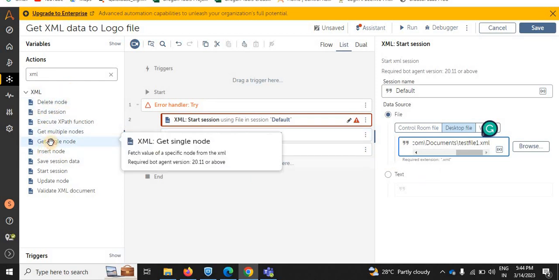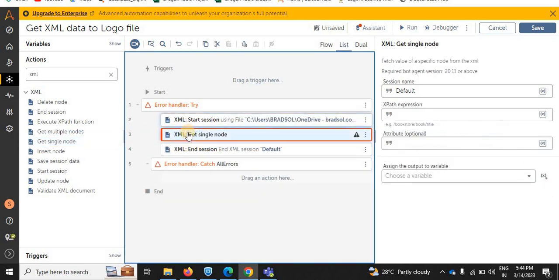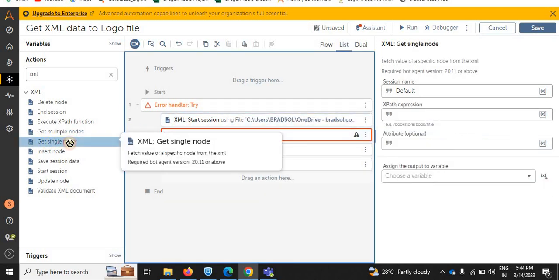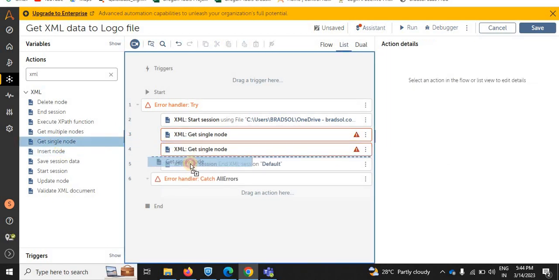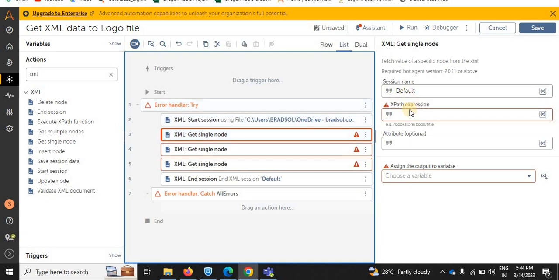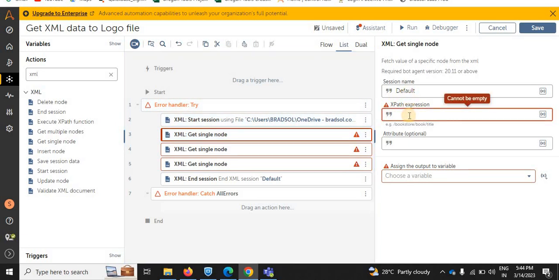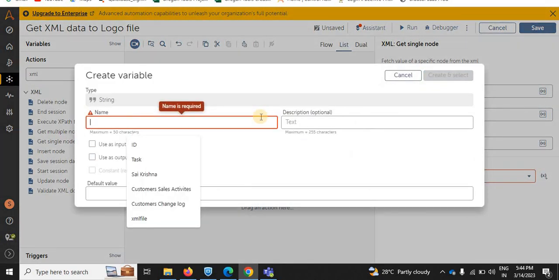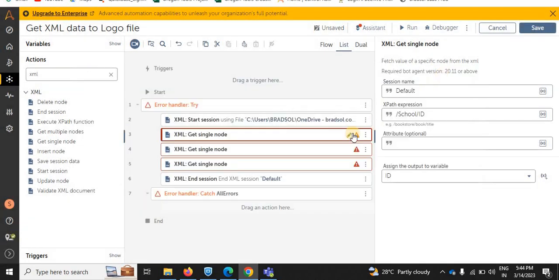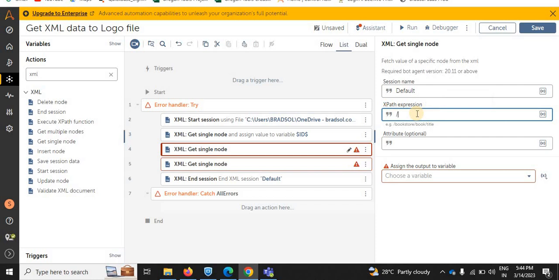For that I am using the get single node action. I have three test data, so I am using it three times. Now we need to write the expression to get the data. Here the first main tag is school, then ID. We get the data through this expression, and we need to save that data in a variable. I am using the same ID, and then next school, then